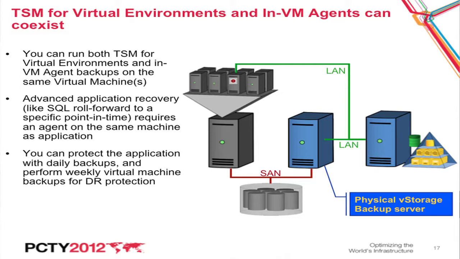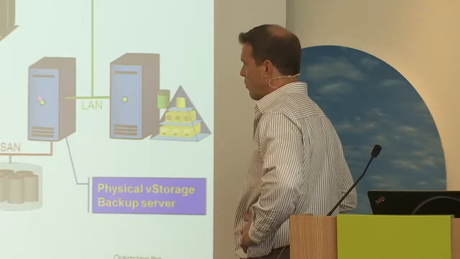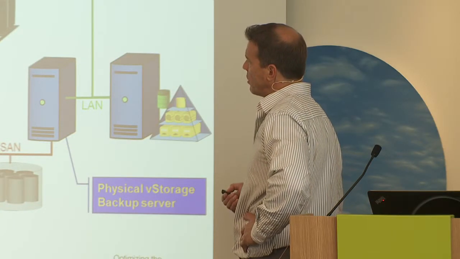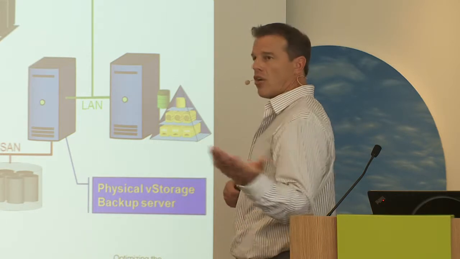One point here is that you can have both a proxy backup. So I have a proxy here backing up all of these virtual machines. Then you can also have an in-guest agent, and they can work together. Now you say, why in the world would I do that? A couple reasons. This one might do backup separately, maybe on a file system. You might want to just have file level access protection here. But you don't really need to, because you can take image backups and then present the file system out of here on recovery. So probably more of the reason is on recovery,